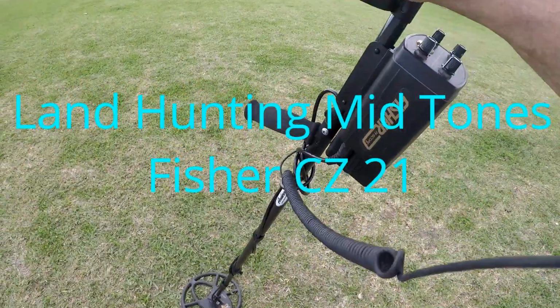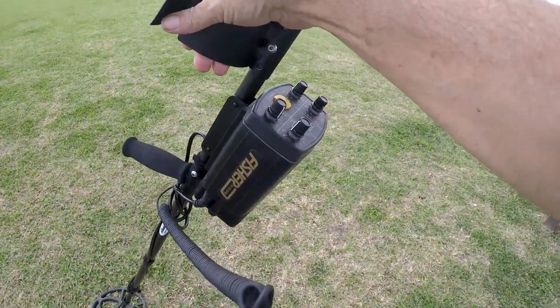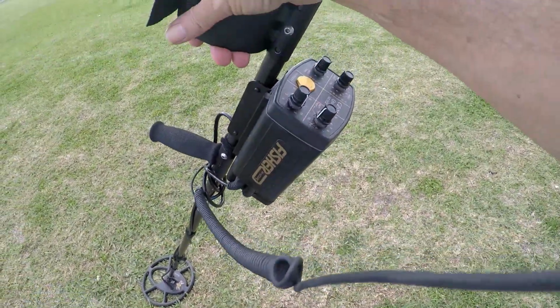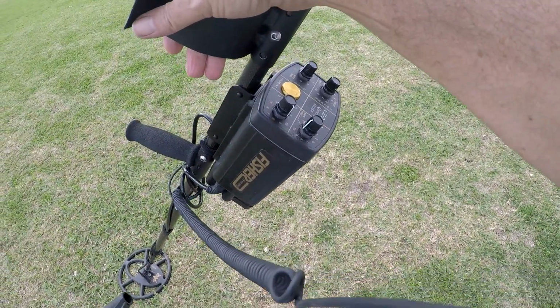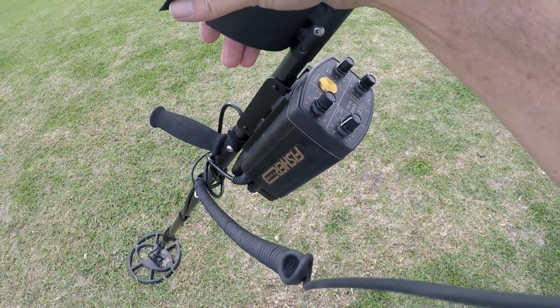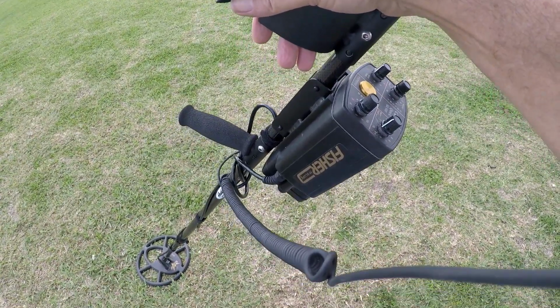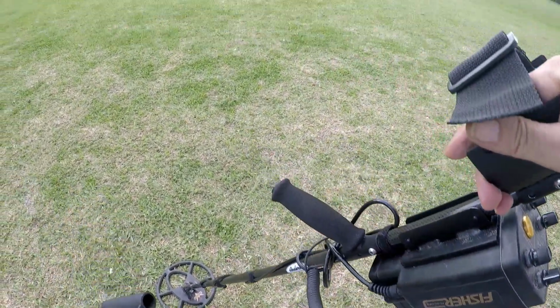Alright, this is going to be my third hunt this week. First one, I forgot my pouch and my pinpointer. That didn't work, and it was like 90-something degrees that day. It was brutally hot. Then I went again another day, and my camera wasn't pointed properly, so